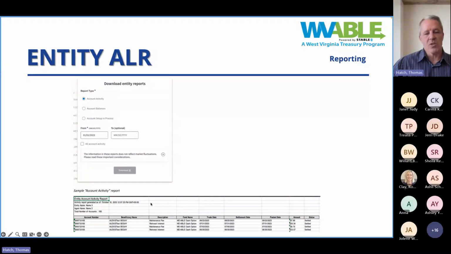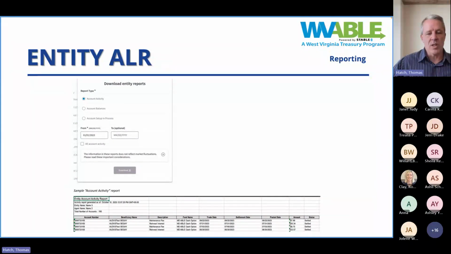Once you select those options and then click download, down below here, it gives you a little bit of a view as to what that report's going to look like. It's going to be an Excel file, and you're going to have different categories on this file, such as your account number, a description of what the expense or contribution was, the date that it happened, the dollar amount, and so forth. So this makes it super easy within the organization if you're doing any kind of internal reconciliation, to see what activity has happened, and whether that activity reconciles to the balance in the account or things like that.